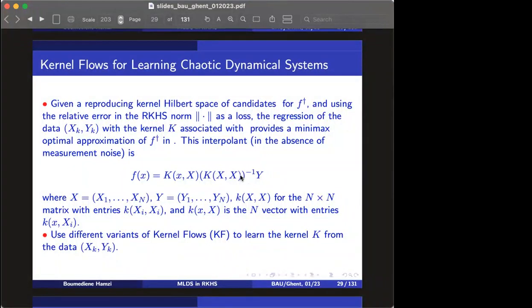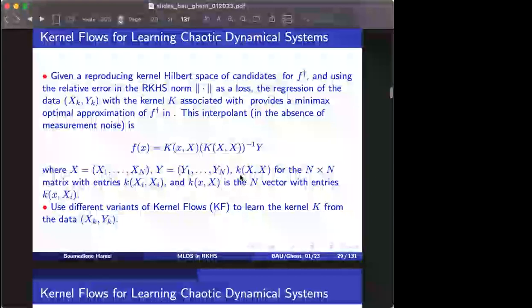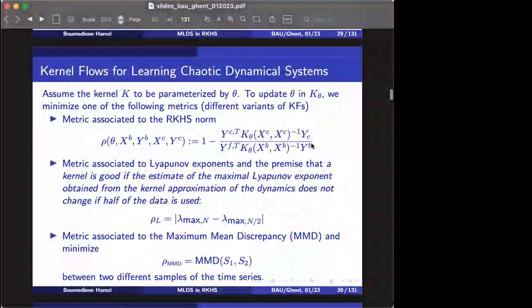So we also want to learn a kernel that takes into account our objective. So the objective is not necessarily just approximating F and viewing it as a function, but we are also interested in something else. So this is the first one that we use, but we also look at Lyapunov